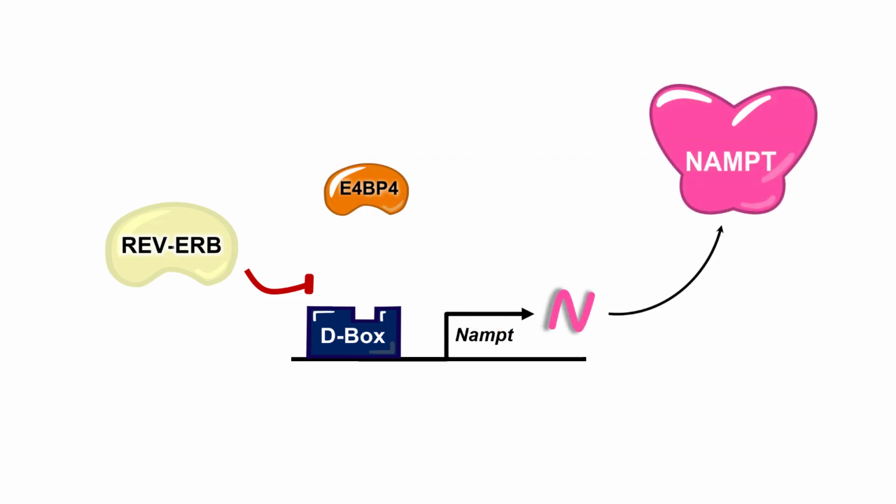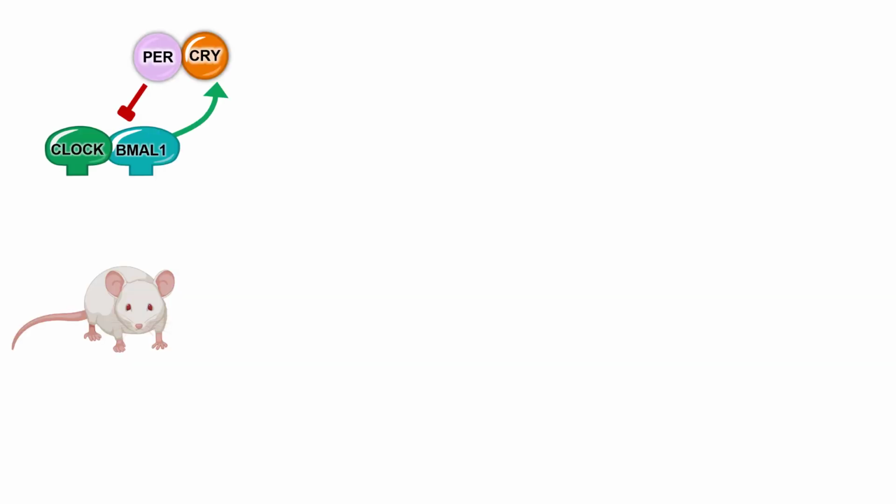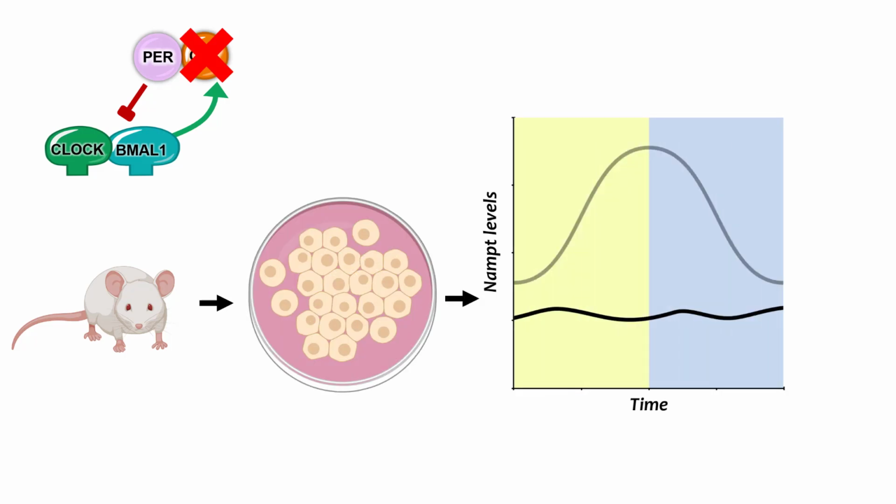When the circadian clock is disrupted, NAMPT expression decreases and becomes arrhythmic. This has been shown in many different tissues and many different circadian clock mutant models. For example, in isolated fibroblasts grown from CRY1, CRY2 double knockout mice, scientists found that NAMPT expression is low and stops oscillating. This experiment also shows that the clock regulation of NAMPT occurs within the cell and is not dependent on the other clocks in the body, such as the suprachiasmatic nucleus.